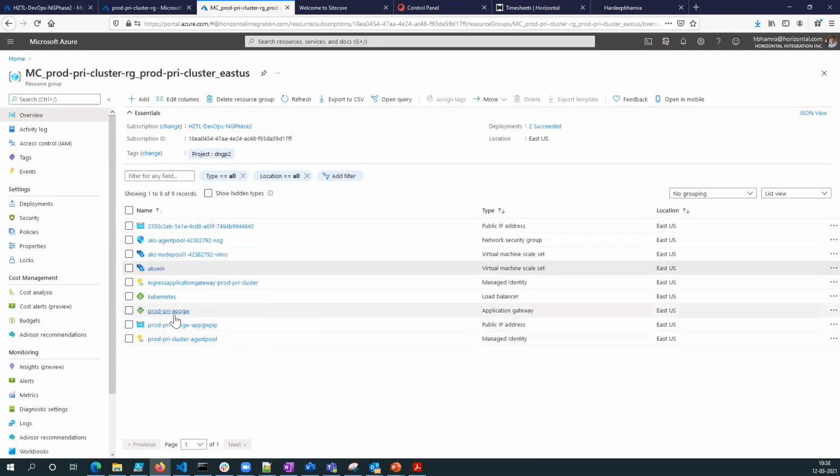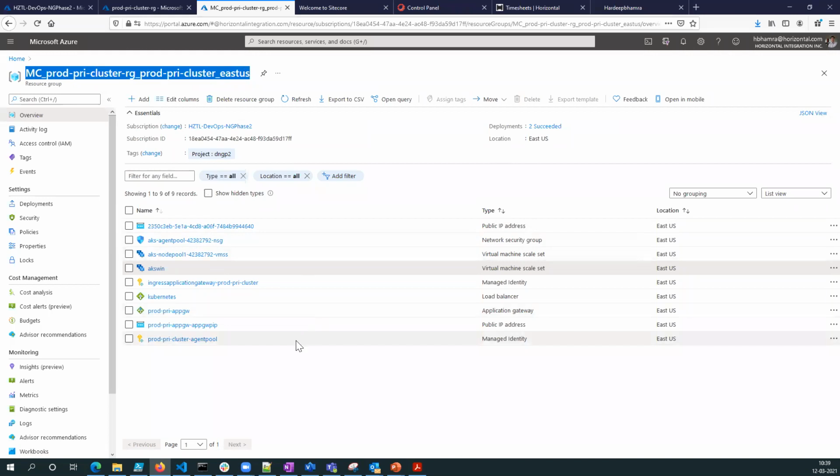The other one that is created in the backend, with the VM scale sets, the internal load balancers, the application gateways, and some of the other stuff that is needed to run the complete cluster, is created in a separate resource group that is automatically created. We don't really go and name it this way; this is something that Azure Kubernetes takes care of. You certainly have the ability to set up the resource group naming conventions the way you want to, but for the purpose of the demo, I've not really changed a lot here.